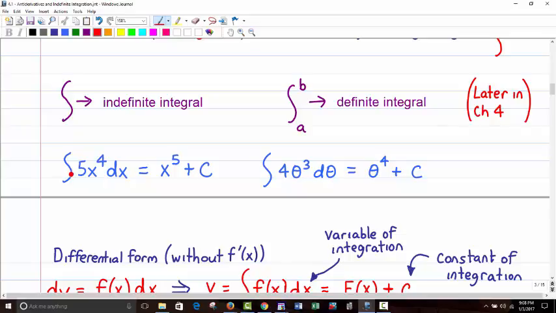All right. Now, in this form, the dx is there. So that's an important part of the notation. You'll see on the next page what that means. But therefore, the antiderivative, or the integral of 5x to the fourth dx, would be x to the fifth plus